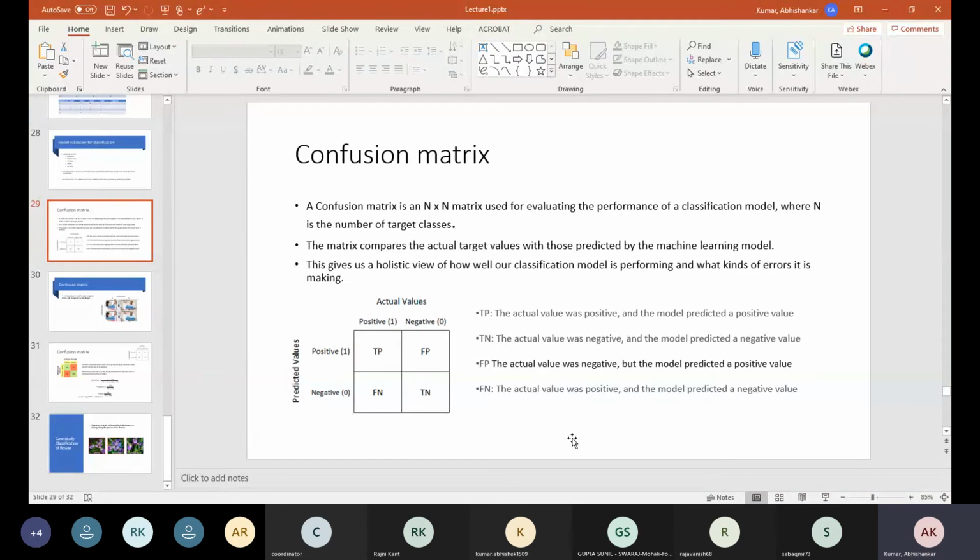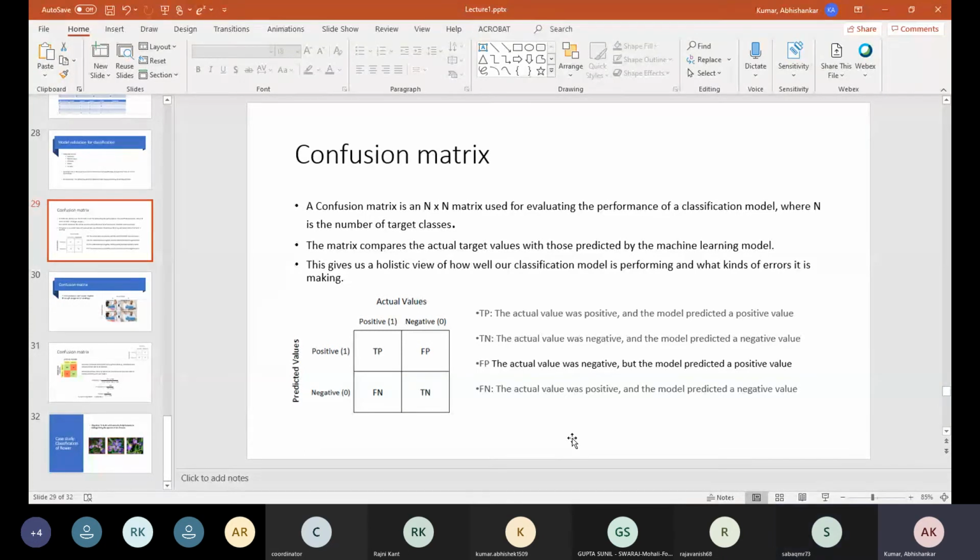You are interested to find whether it is going to rain or not. For tomorrow, it is not going to rain, but you have predicted yes, it is going to rain. Understood? Is it confusing? No, sir, I have understood, sir. Okay, very good.